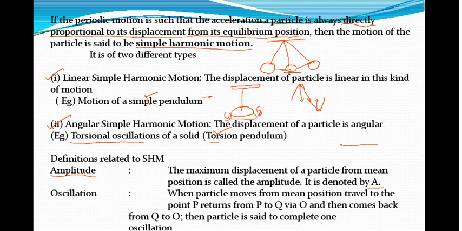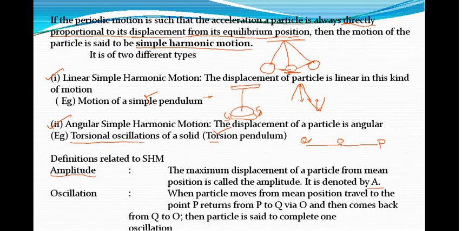Let's consider it as P. Here this mean position you can consider as O, and on the left hand side it moves towards Q. Okay, so when it is said to be one oscillation, the movement of that particle from O to P,